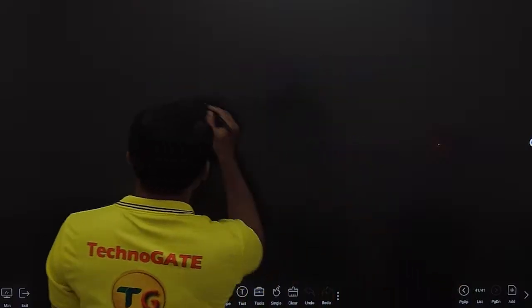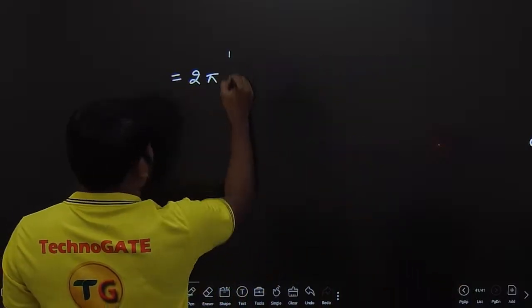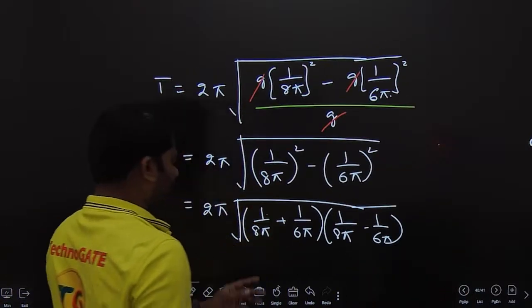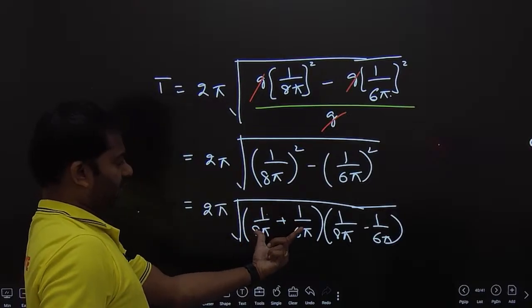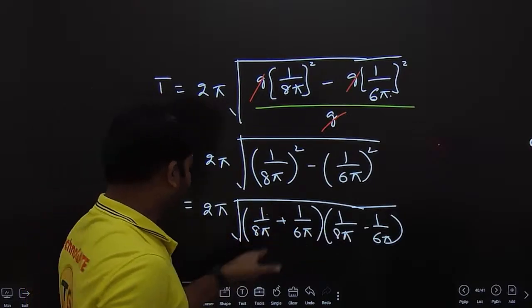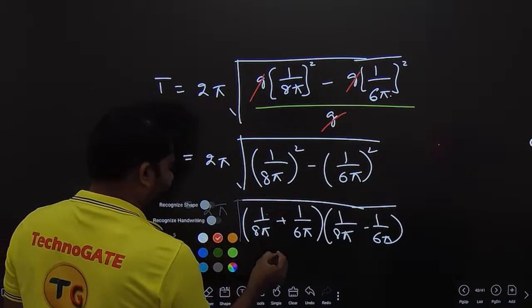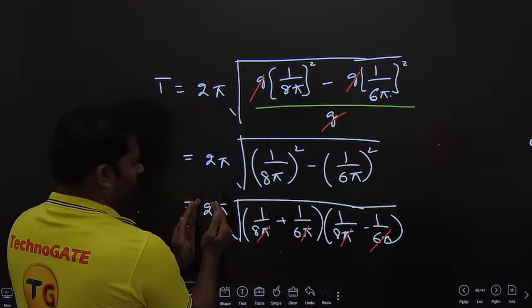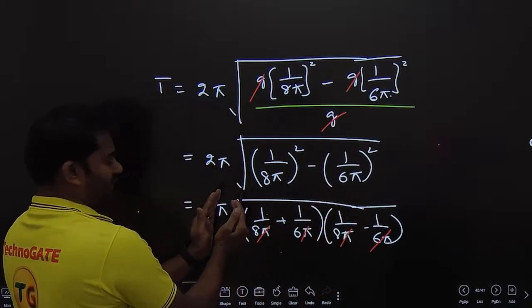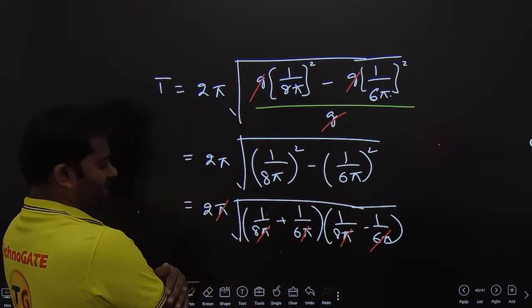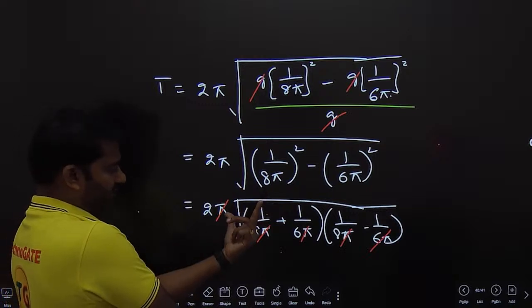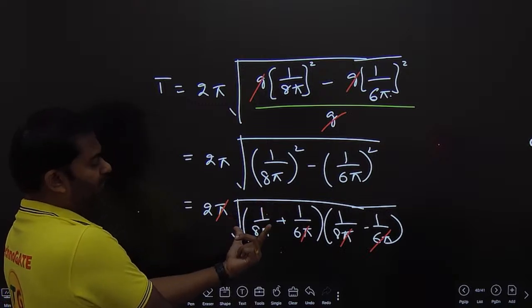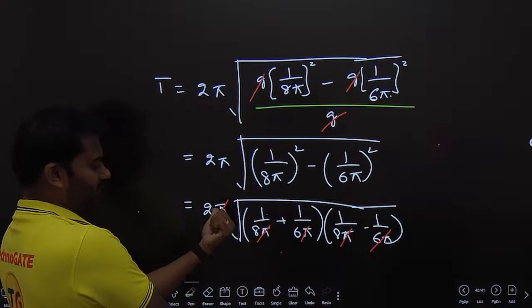This gives us 2 pi under root 1 by 8 pi addition, and this one is there. This pi can be taken outside actually. Pi, if you take it outside, one pi comes out of this, another pi comes out of this, but there is a square root, so this pi cancels out. Here 1 by root of pi square is there, pi is in the numerator, and the two cancel out.